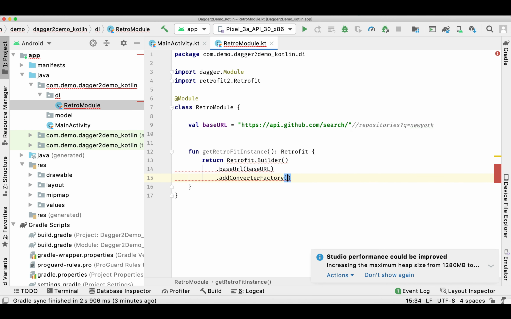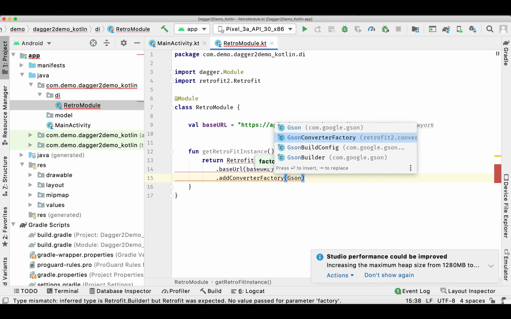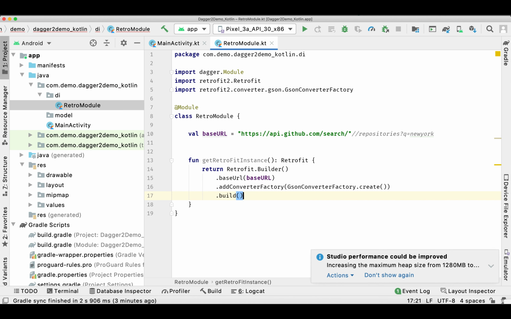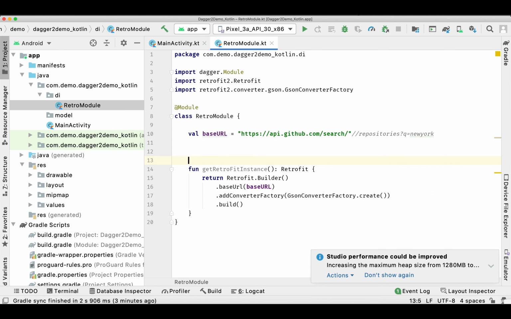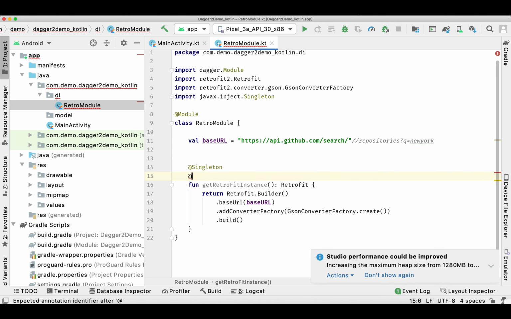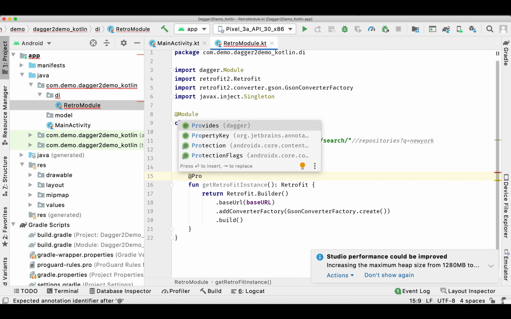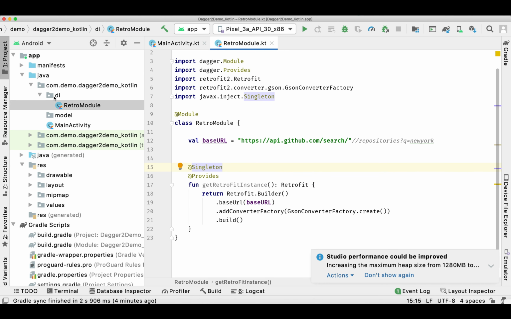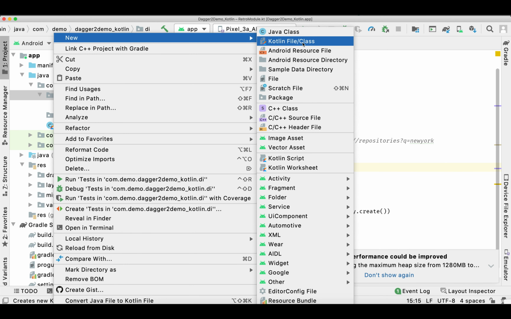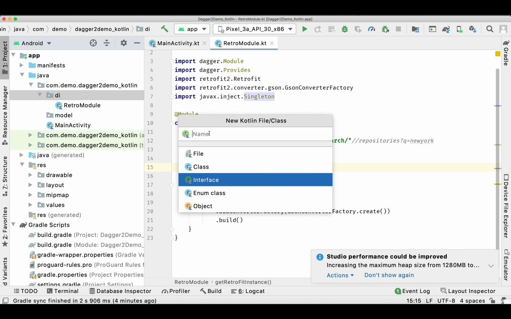and since we added the JSON dependency, we'll use that JSON converter here, and then we'll call build. We'll annotate this function as Singleton, and also Provides. So when we annotate this function as Provides, then we can inject it wherever we want. And we need another interface that we'll call RetroServiceInterface,